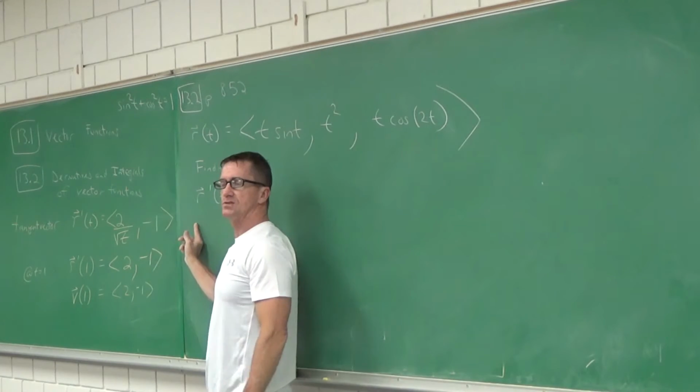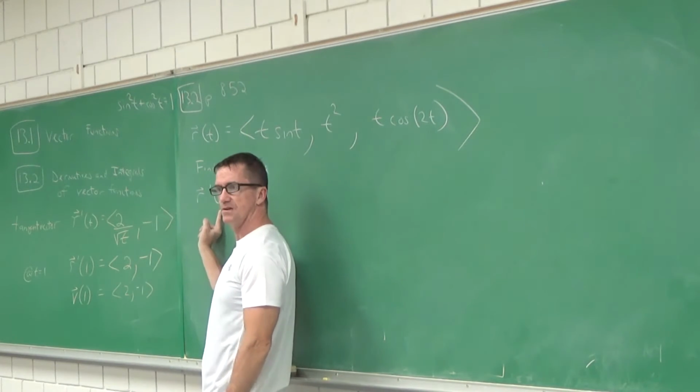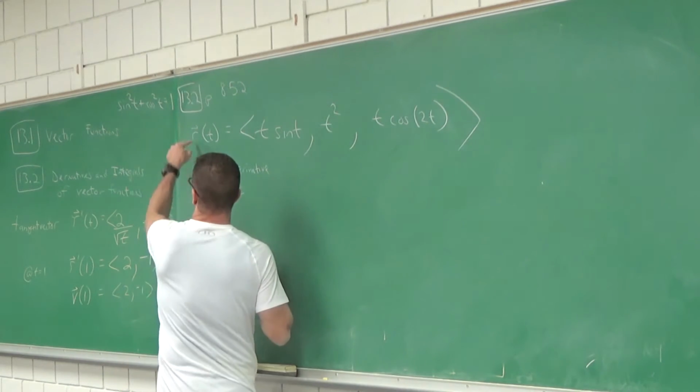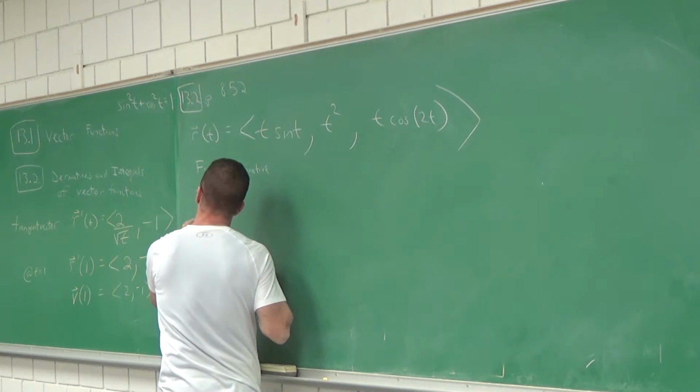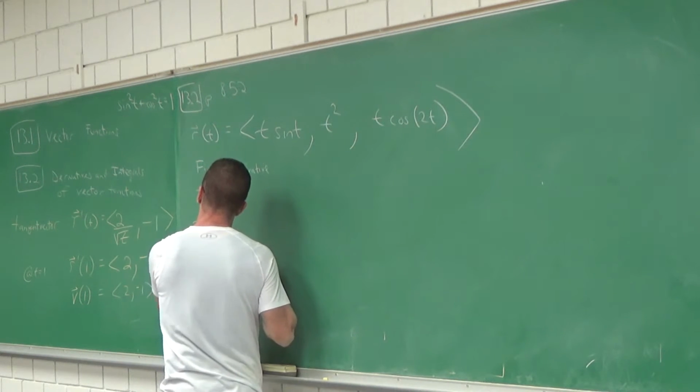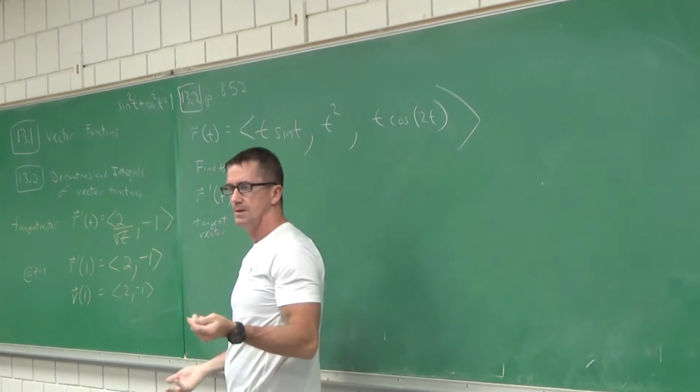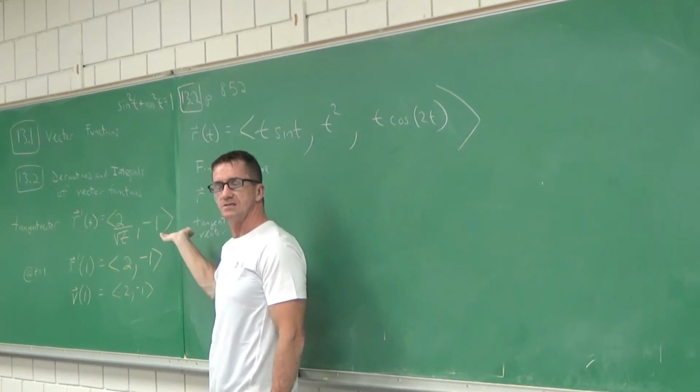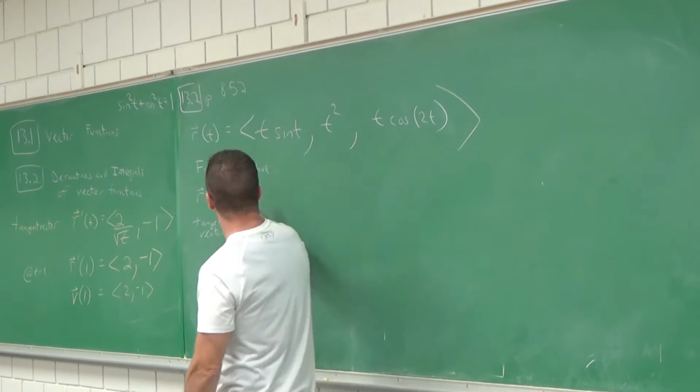Another name for this vector function, isn't this the tangent function? So I'm going to write that. Just so I'm in position function, this would be the tangent vector at different values of t. So if we think of this as position, I can also think of this as velocity, true? But they want you to come up with it.